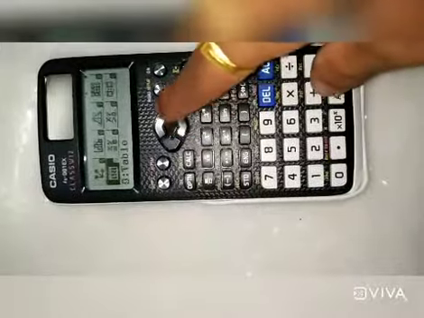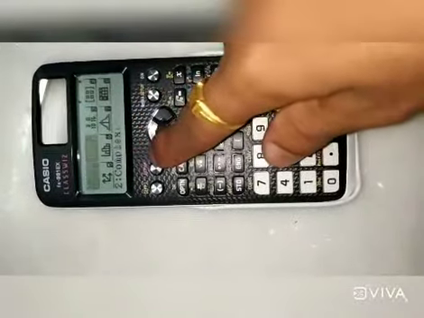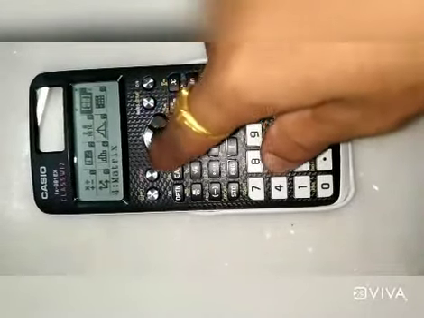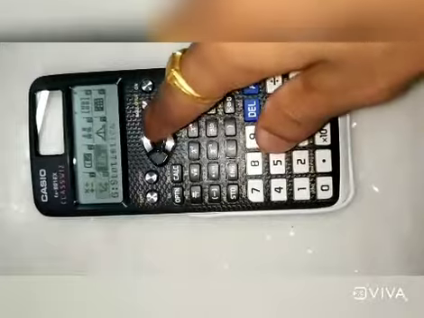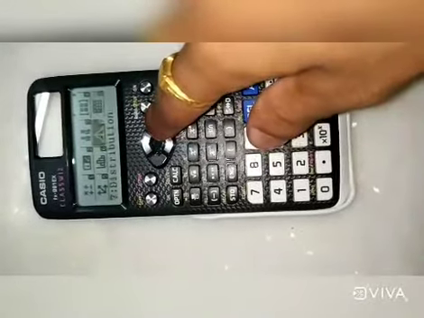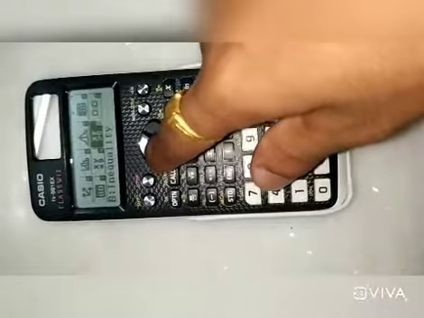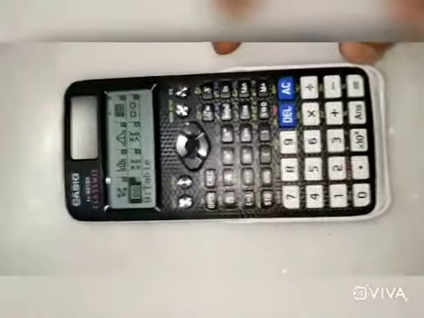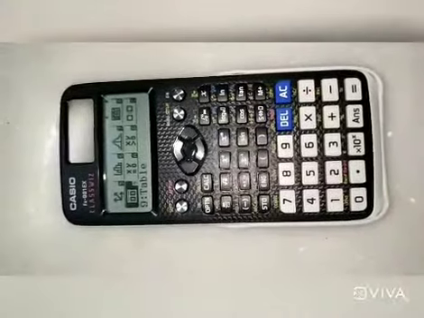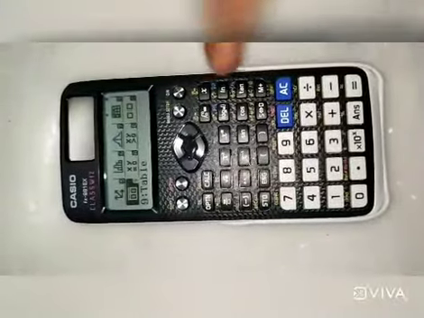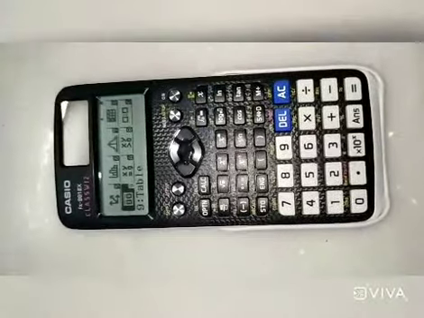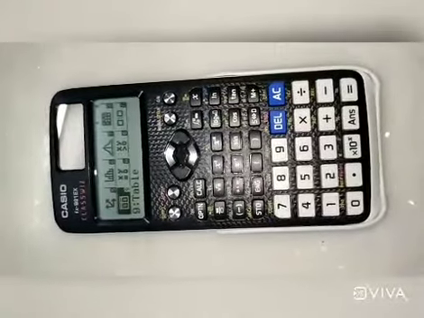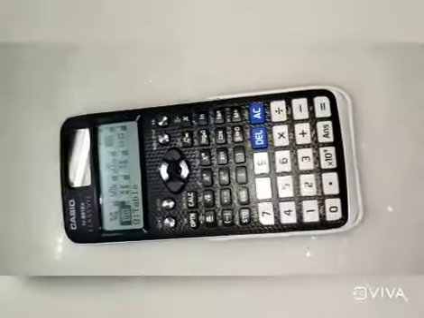There are varieties of functions in this calculator which will help in academics, such as calculate, complex, Bayesian, matrix, vector, statistics, distribution, spreadsheet, ratio, inequality, equation and function, and table. Now you must be thinking, guys, that it is difficult to handle, but once we get used to this calculator, it is the easiest calculator I have ever seen, because I had experience. I have passed out through first year, so I suggest, guys, that this calculator is the best calculator.